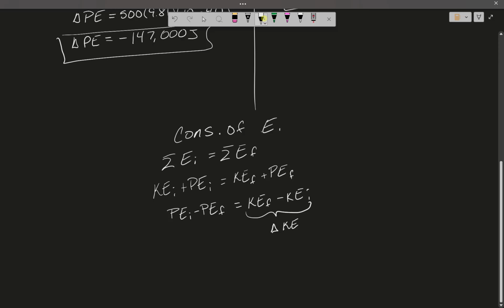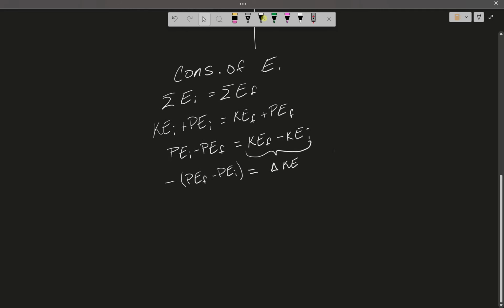If I pull the negative out on the left-hand side, then I get negative (potential energy final minus potential energy initial) is equal to this change in kinetic energy. This is now my change in potential energy. So this shows us that our negative change in potential energy has to be equal to our change in kinetic energy, meaning that my change in kinetic energy is going to be equal to